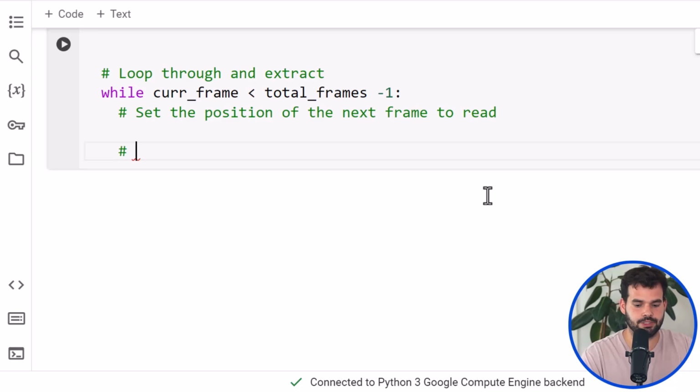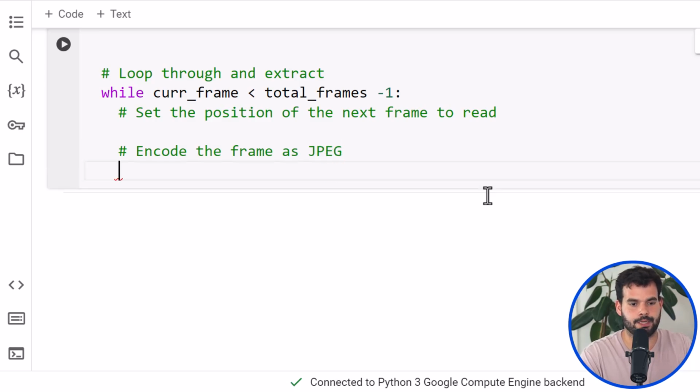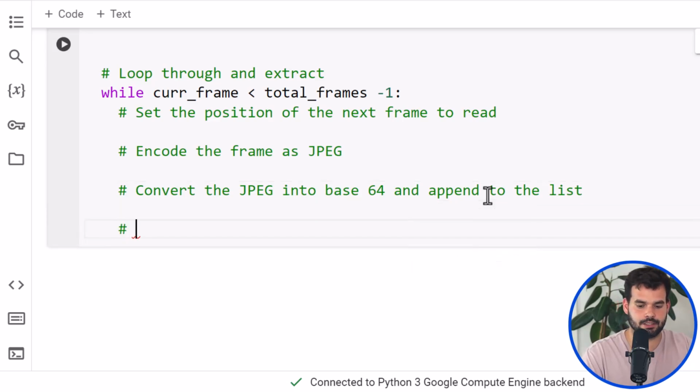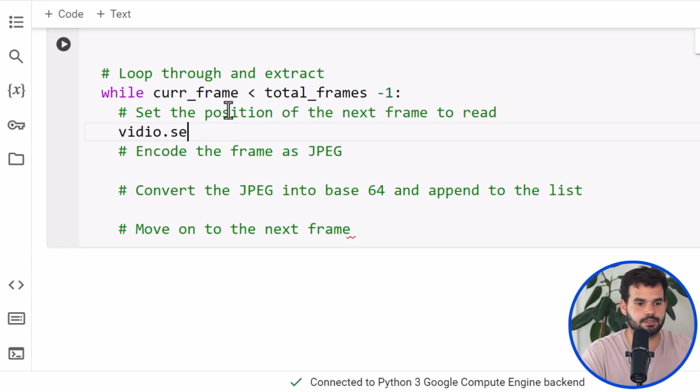And as well, we need to encode the frame as JPEG. After that, we convert the JPEG into a base64 string and append to the list. And then we move on to the next frame. So this is how we do it. So we start off by setting the position. So video.set